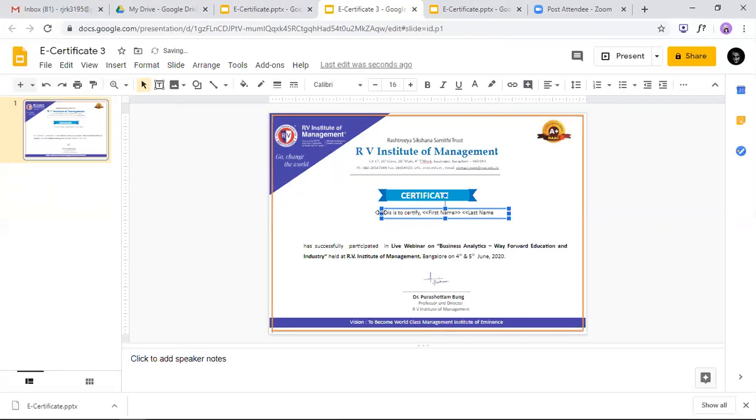You can use any font, any color and any size that wouldn't alter this. One second. So you have to close the tag for the last name also. I understand. And I also wanted to put the name of the institute. How to do that? Suppose some person is from a different institute.